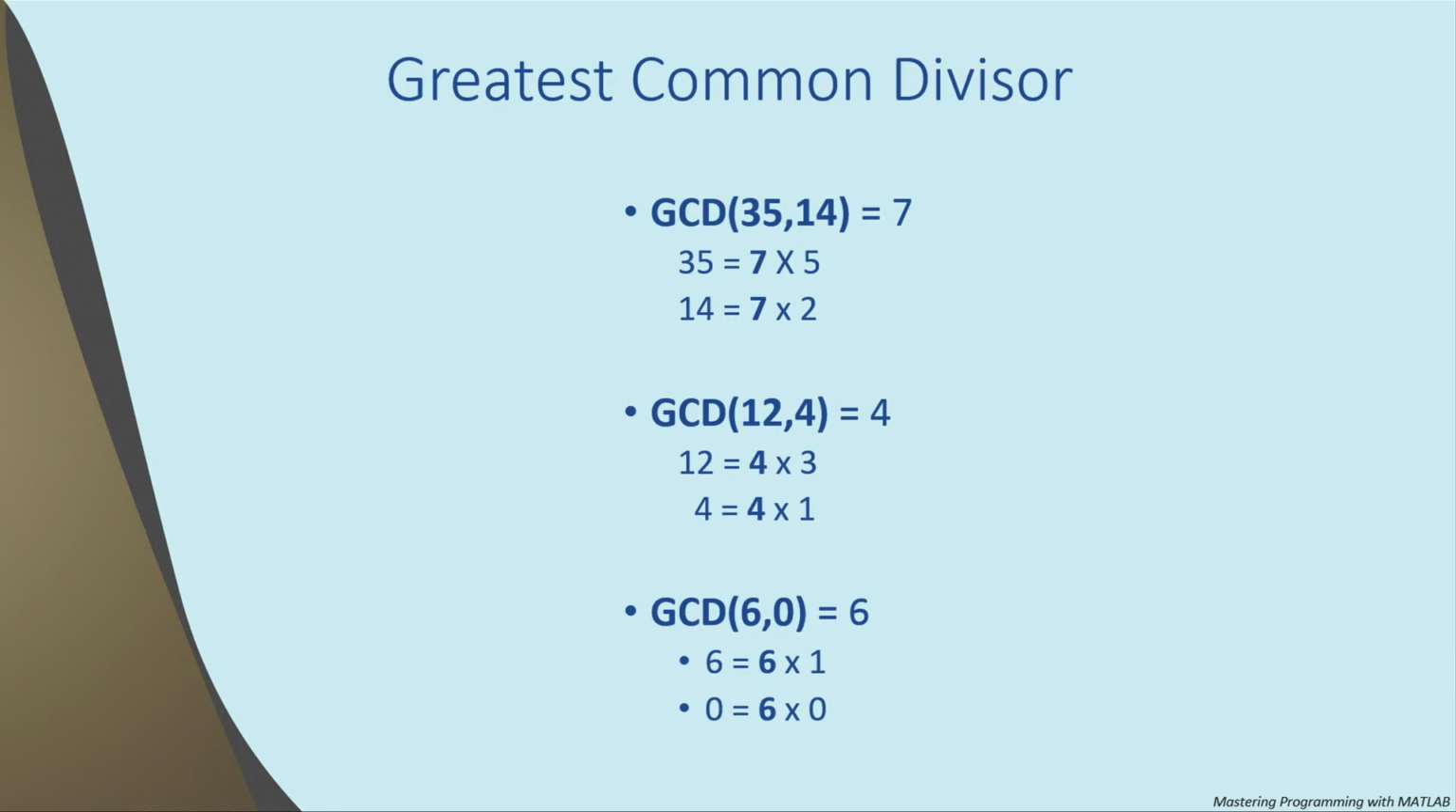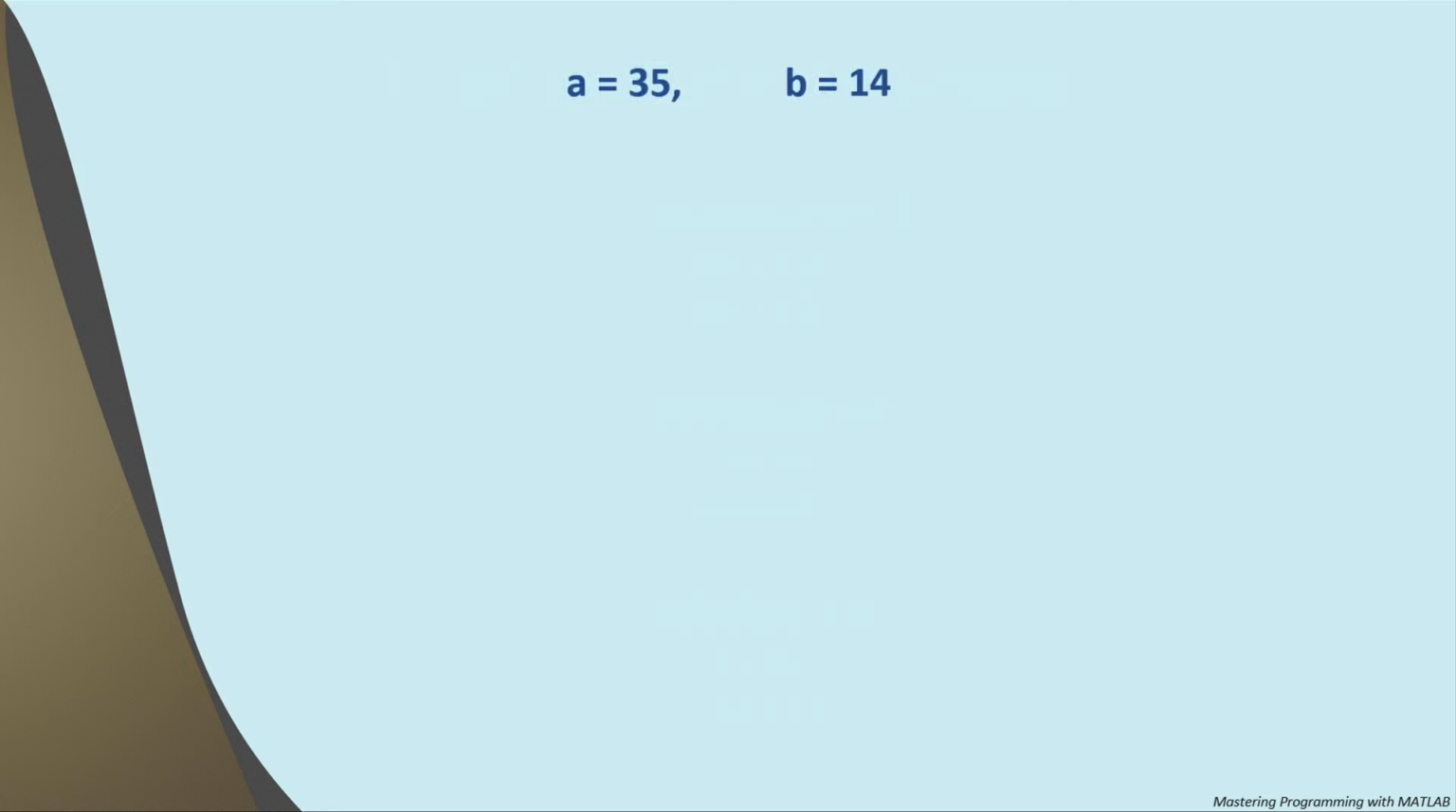So that's what the greatest common divisor is, but how would you calculate it for two numbers, say A and B? Well, one algorithm to do it would be to divide A and B by every integer that's less than or equal to A and B, and choose the largest one that has a remainder of 0 for both of them. So, for example, if A and B are 35 and 14, as in the first example that we just did,